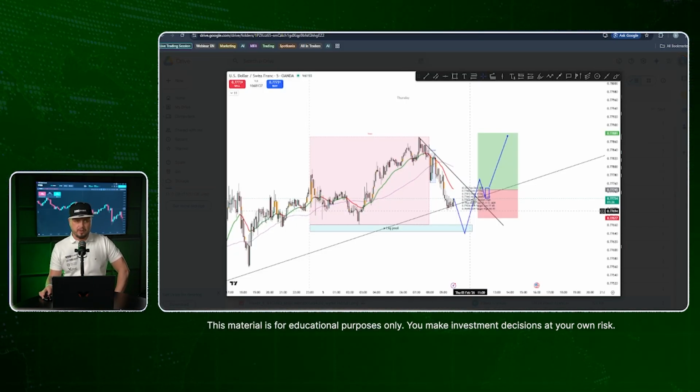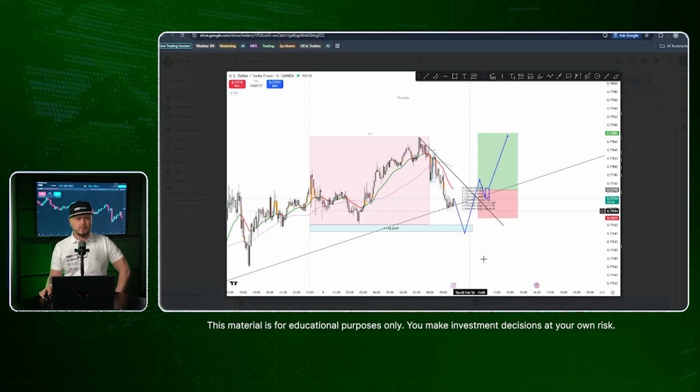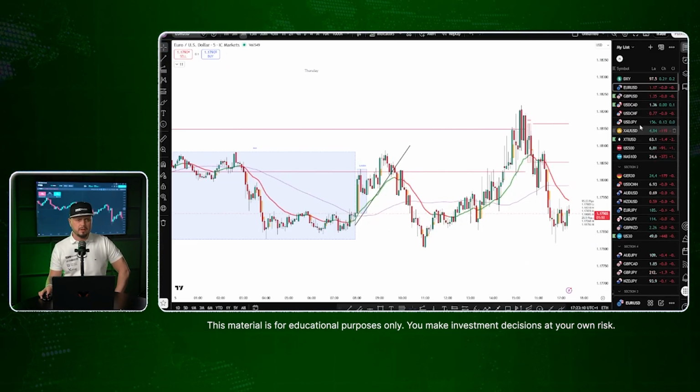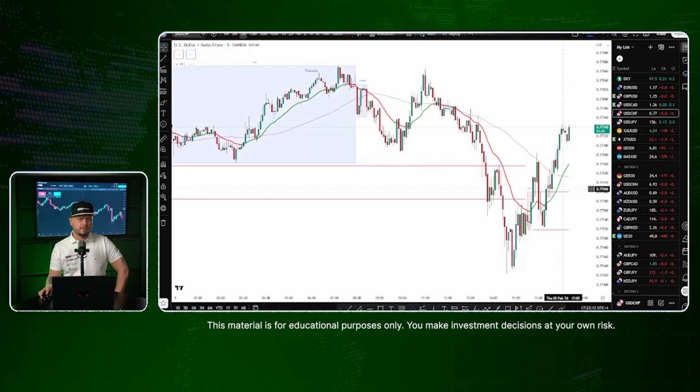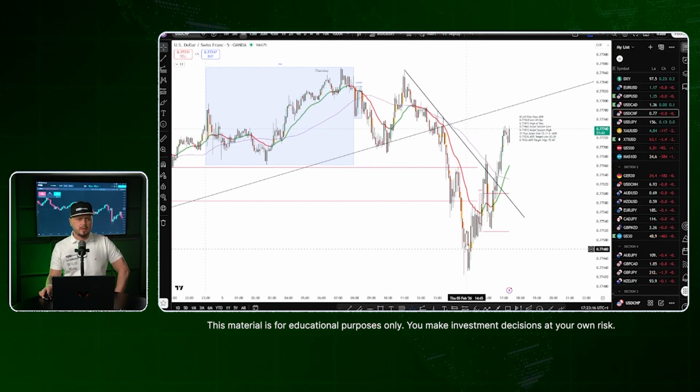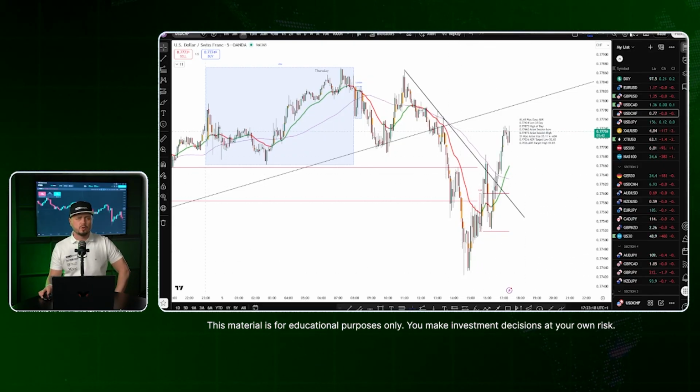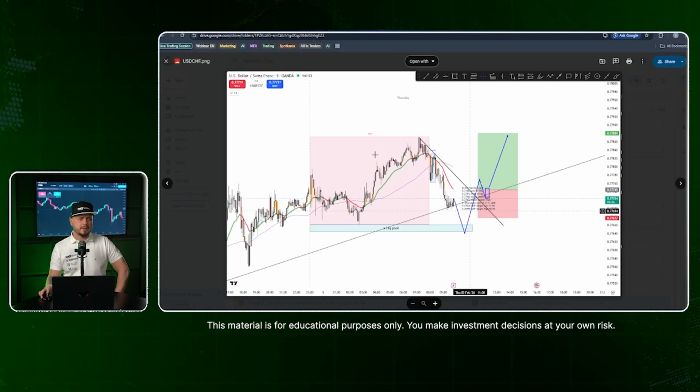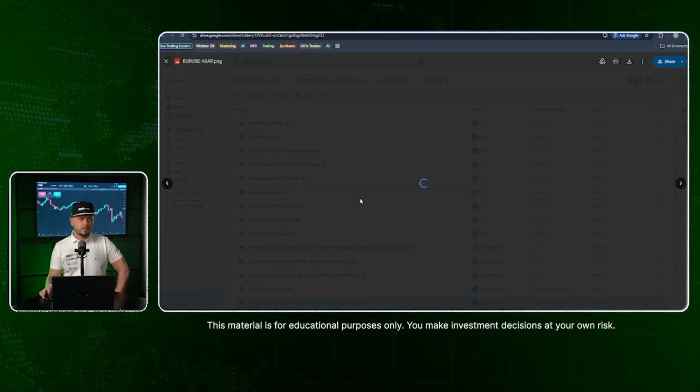US dollar Swiss franc. Unfortunately, I think Swiss franc went straight up, so we couldn't use that setup. I'm not sure. Let's have a look. USD CHF. No, the price went down, but there was no chance to enter the position because it went too low. That's okay. Nothing happened. Another one,